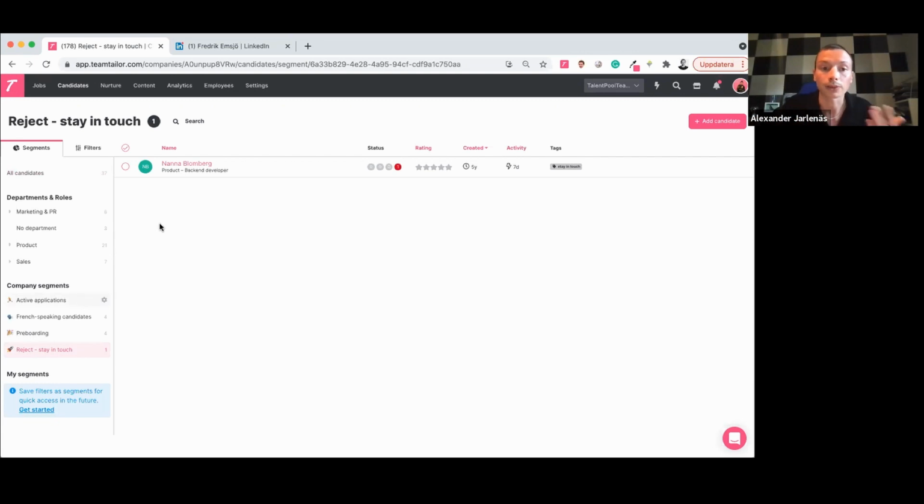So maybe I just want to reach out to Nana in this case, or I want to reach out to more candidates. Either I can just mark Nana here, or I can mark everyone here. And as you see down at the bottom, you can then actually see that you can do a lot of actions. I can, for instance, if there were 100 people here, send all of them a separate message just to reach out to see, okay, how are things going? Just want to stay in touch. We have a new opening of the office now, after the summer, whatever it might be,